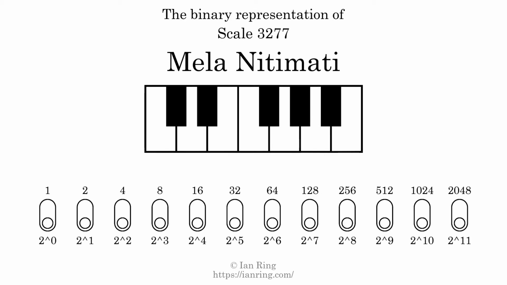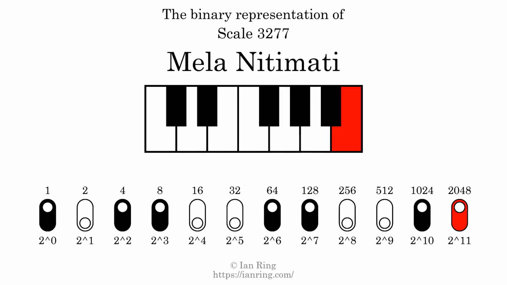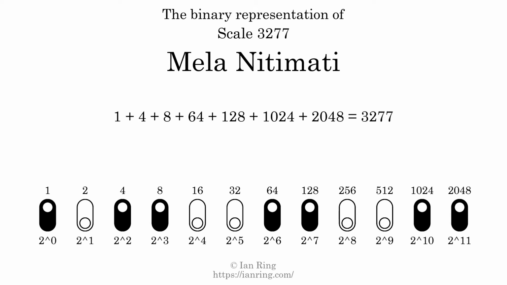The binary representation of this scale is determined by mapping tones of the scale to binary digits. Each binary digit represents a power of 2. To get the scale number, we add the powers of 2 together. The powers of 2 that are present in the scale, all added together, equals 3277. That is why the scale number, in decimal, is